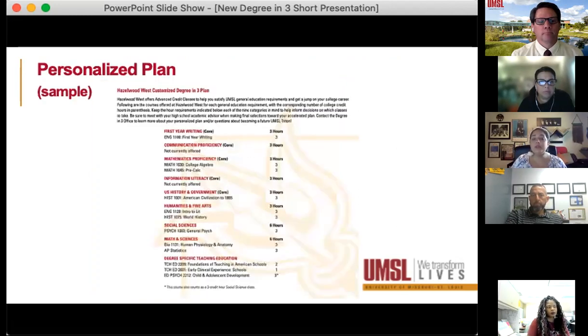Now, I won't go into too much detail here, but again, I just wanted to offer a quick example of what a personalized plan looks like for a specific school. So going back to that colorful list of general education requirements that we mentioned earlier, this is the same type of layout here, but we included all of the courses that this particular school offers that meets the requirements for that category. So as you can see, there's several options for the students here, and someone could easily knock out many of their gen eds and even some of their basic degree specific courses if they choose to ahead of time.